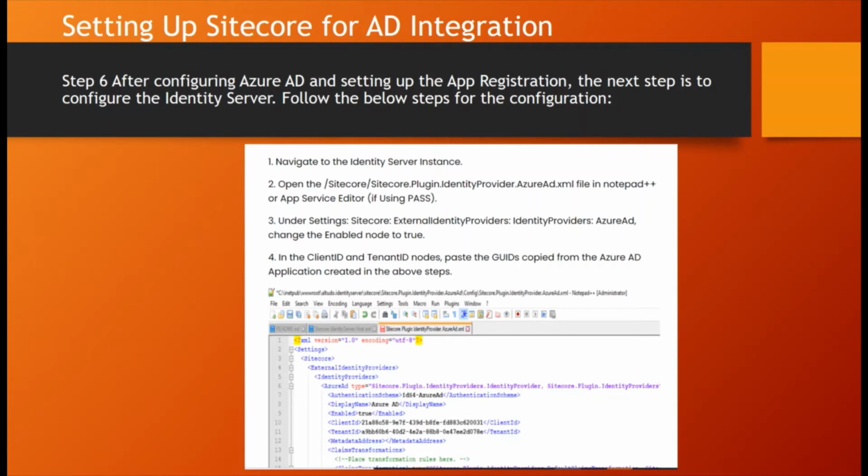After setting up these details in the portal, you need to go to the Sitecore solution. From the Identity Server website folder, you need to open the config Sitecore plugin identity provider azure ad.xml file, and provide the client ID and tenant ID that you copied from the Azure portal.